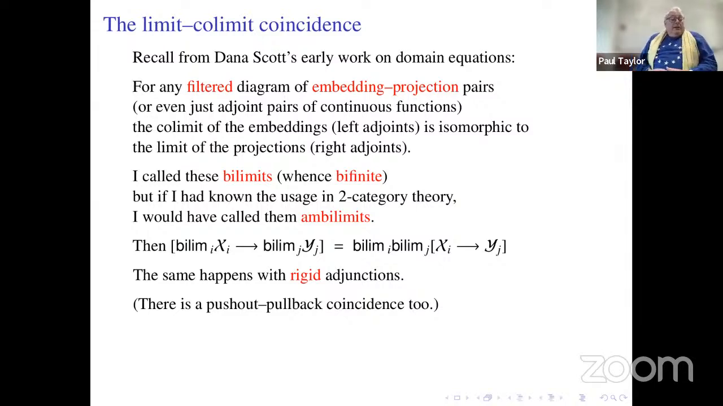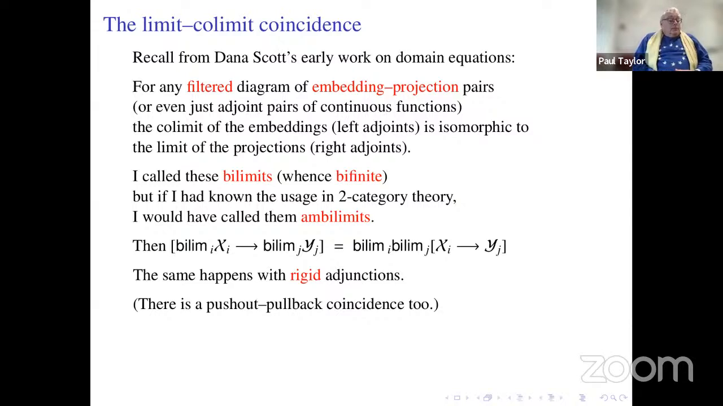So when Dana Scott started doing domain theory in the early 1970s, he constructed models of lambda calculus as limits of diagrams of domains. Well, they started off being finite, and ended up the limit was obviously not finite. But a significant property that appeared from that is that when you have a filtered diagram or just a chain of embedding projection pairs, so these were adjoint pairs of continuous functions,